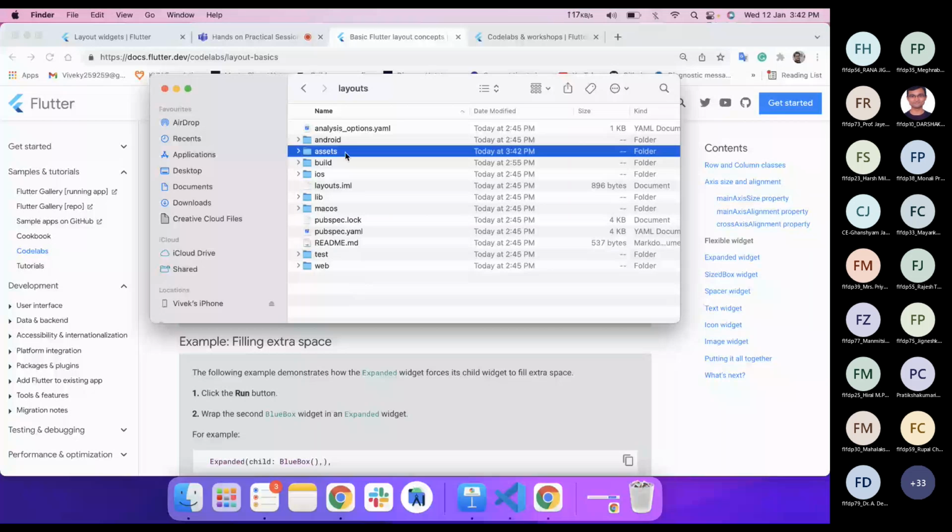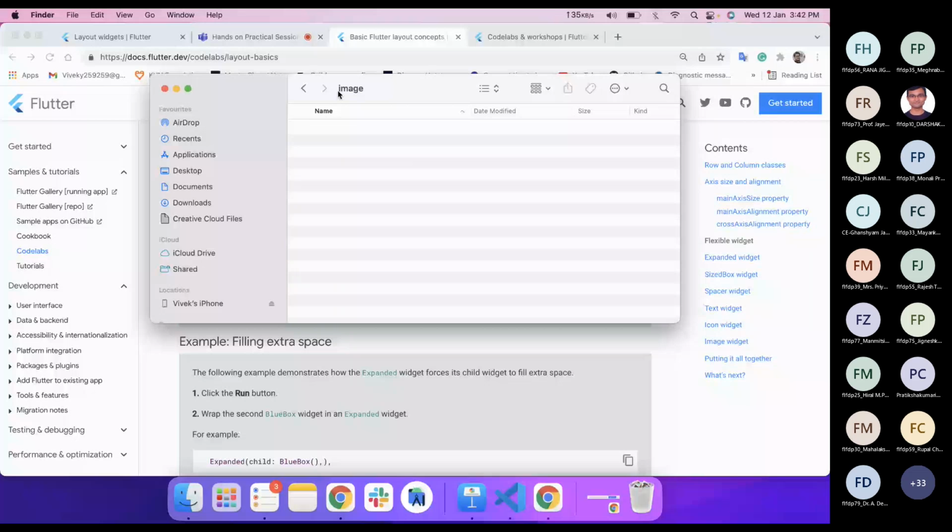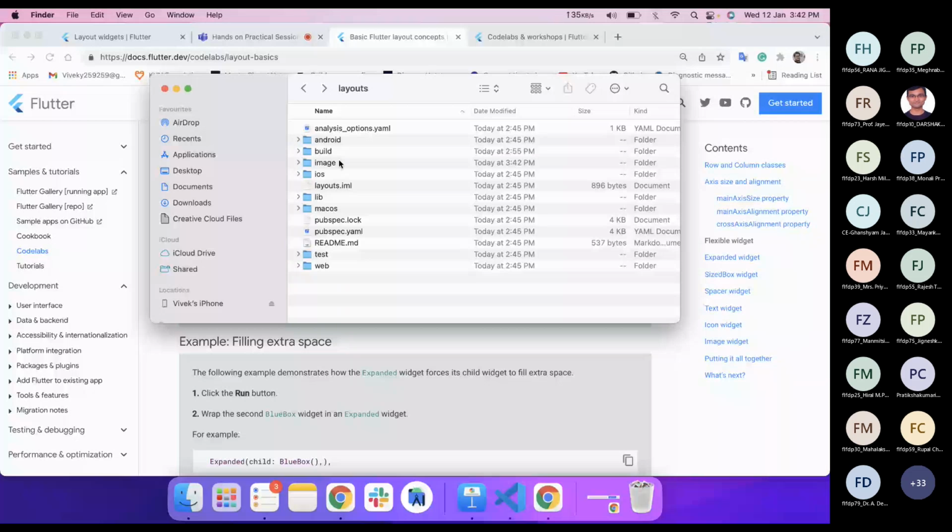The folder name can be anything, like images as well, but for the sake of usability, we use assets.